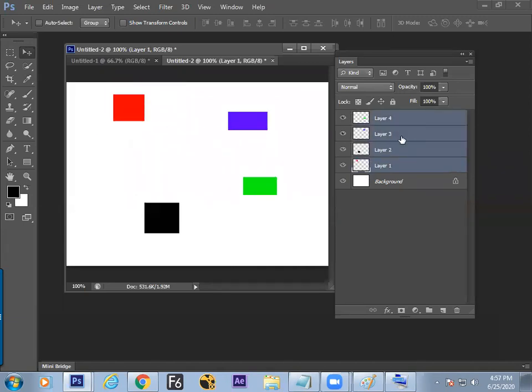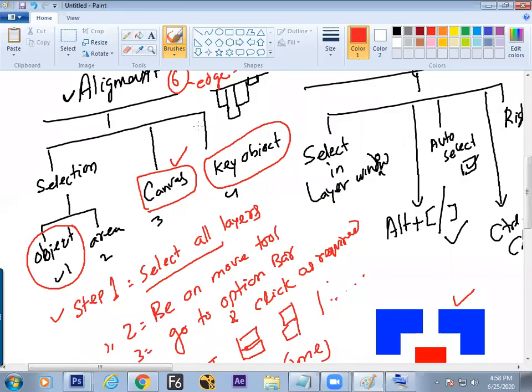Before, what was happening, if you were selecting all the layers and clicking on the left side button over here, then all the objects would go to the maximum end left side. Same thing happened to the right side. But what we need now, instead of making all the objects move to the extreme left, we need all objects to align to this particular black layer's left side. And that is called target object alignment or key object alignment.